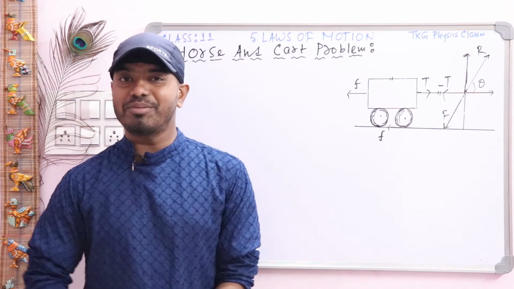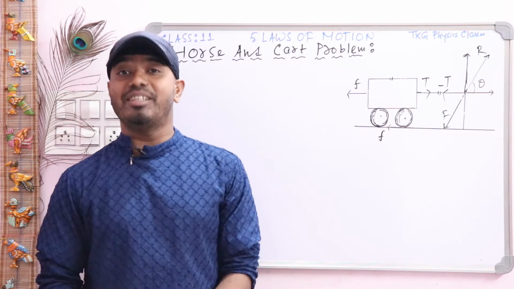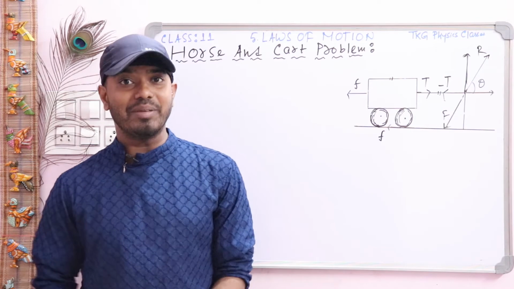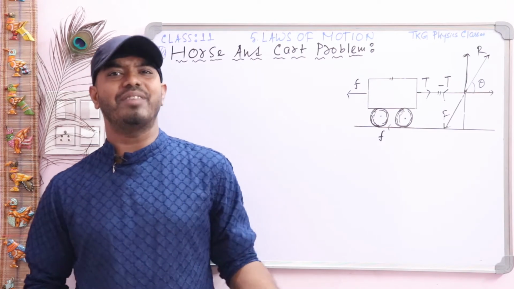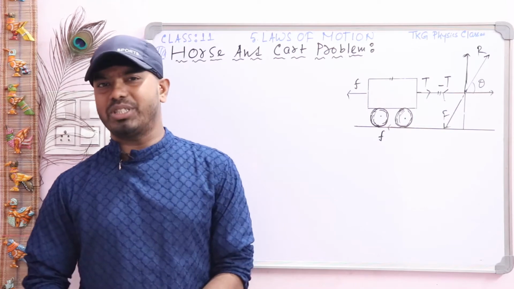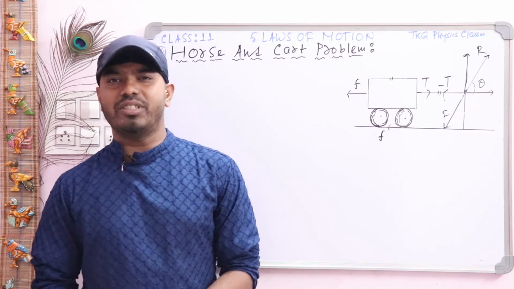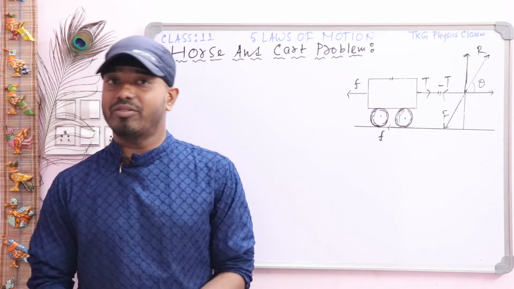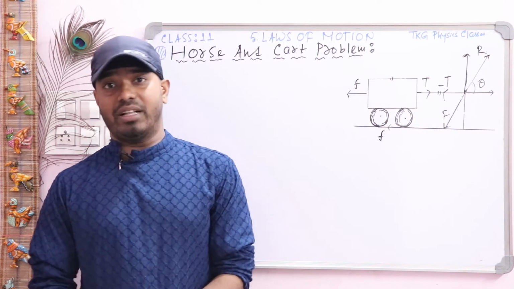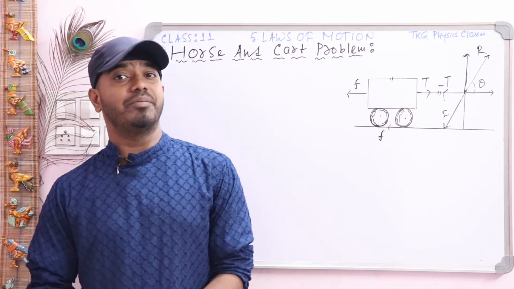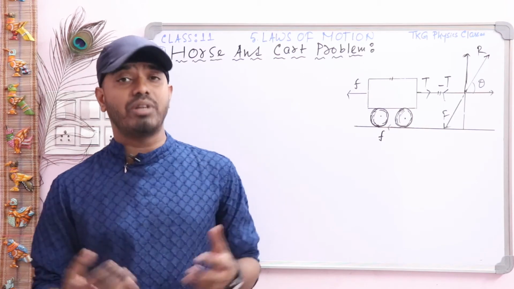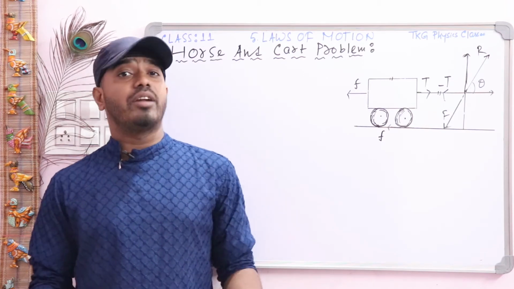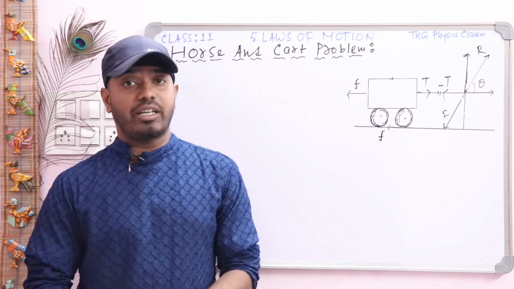from the Laws of Motion chapter. In this lecture we will discuss an important problem named the horse and cart problem. All of you know we have already completed 5 lectures from the Laws of Motion chapter. We discussed inertia, Newton's second law, Newton's third law, first law. We discussed the impulse momentum theorem, conservation law, the proof of conservation law from Newton's second law and third law, and we also discussed the free body diagram problem.